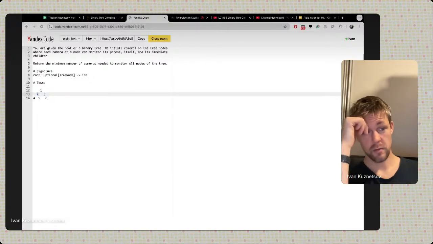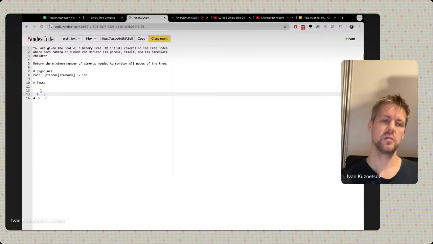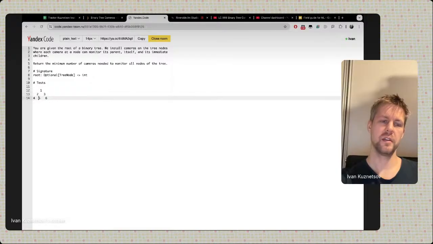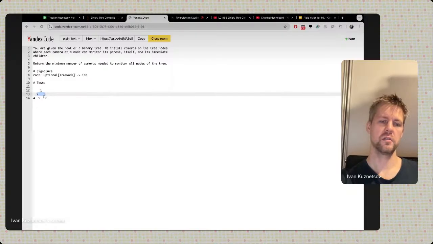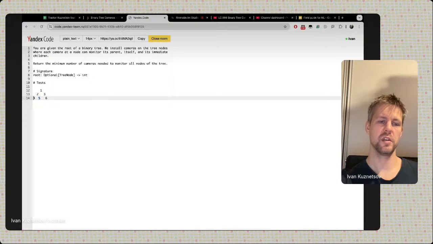When do we need to have a camera at the leaf level? When another camera is 2 levels above. So this camera will be tracking these 2 nodes, but for this one we don't have a camera, so we'll have to install a camera here and a camera here. So essentially,